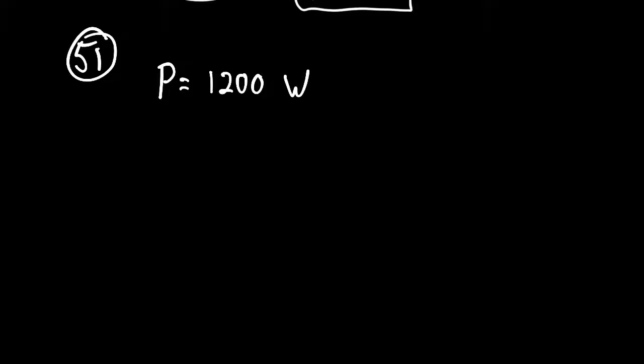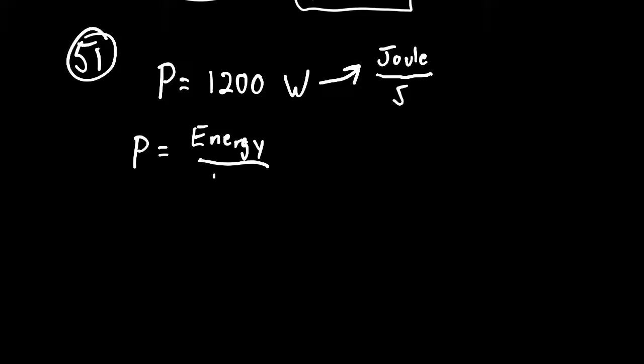How do I get energy out of power? What is the definition of power? Well, what is a watt? This is physics 1. What is a watt? Joule per second. So power is equal to energy divided by time,